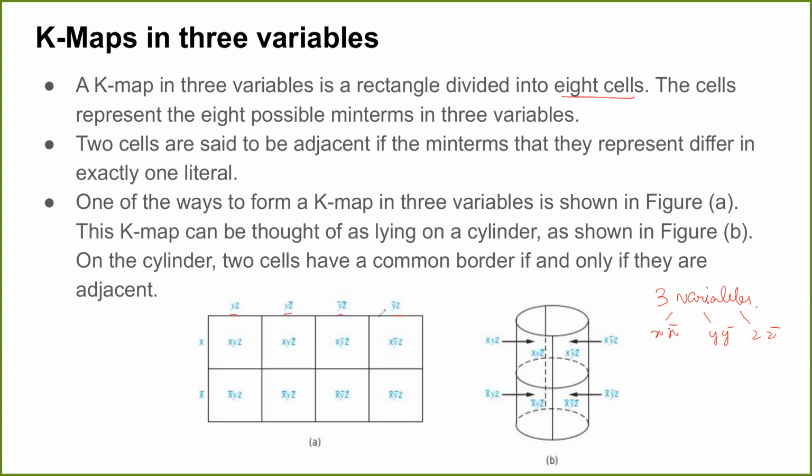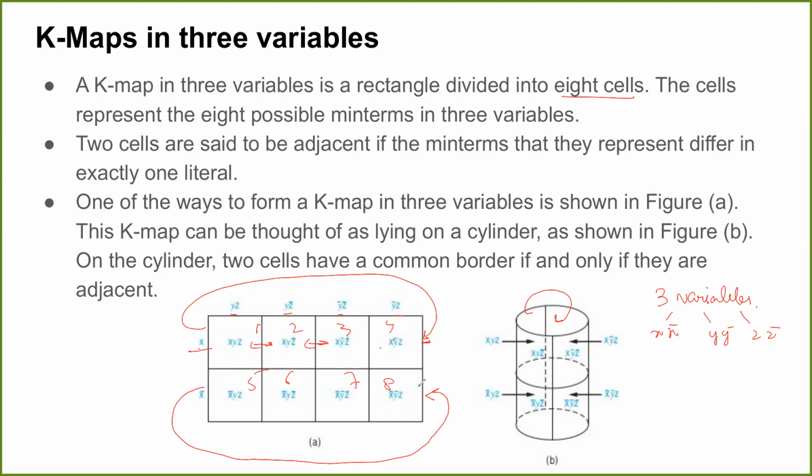The way you need to visualize it is to consider it as a cylinder, that is, there's a wraparound. So it's not just these two cells that are adjacent; this and this cell are also adjacent. You need to visualize it like you are wrapping it around like a cylinder, like you can see here. So this cell is also adjacent to this, so let me number them. So 1 is also adjacent to 4. Similarly, 5 is adjacent to 8. So it's a wraparound.